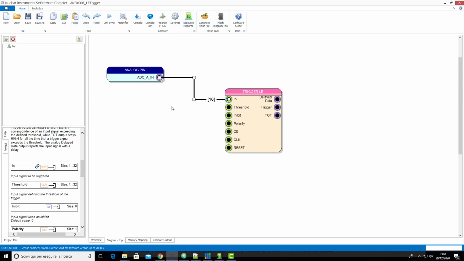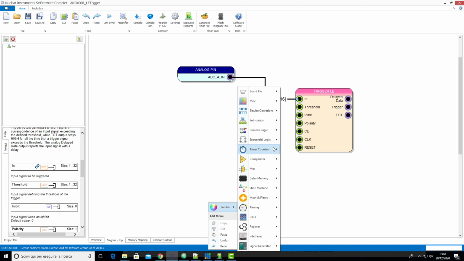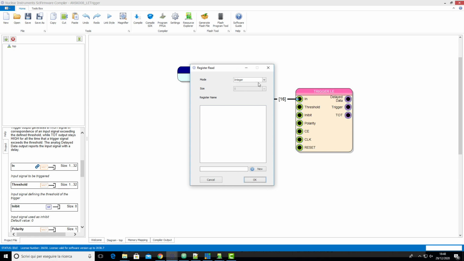Okay, so we can connect all these inputs to some registers. We can create a read mode register. In particular, we can create threshold, create polarity, and create inhibit. Now we select threshold and set bit vector to 16.